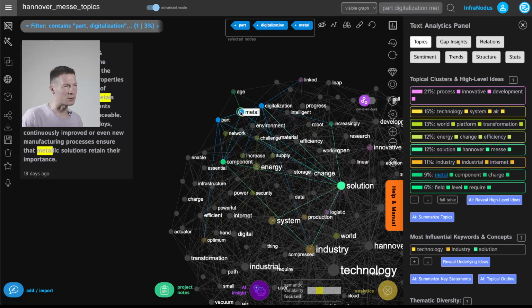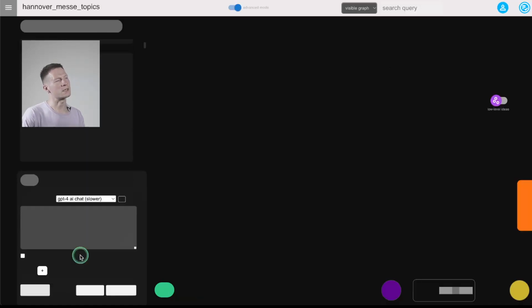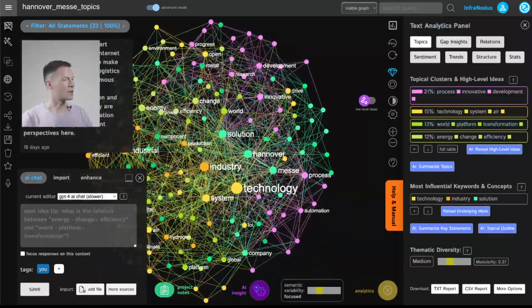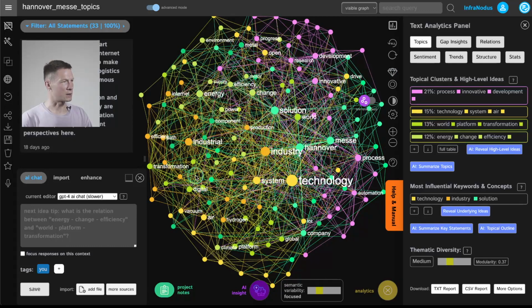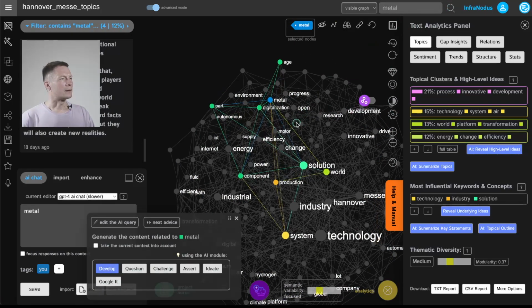I'm going to show you one last thing, how you could develop this periphery further by going a little bit deeper. So I will actually keep those selected. What you can also do is go into the editor and then switch to GPT 3.5 or 4. These two models are used in ChatGPT. And when you switch on them, you will be able to see a visualization again. Then let's say we go again to the metal part. Select this node on metal. I found it on the graph. Digitalization,